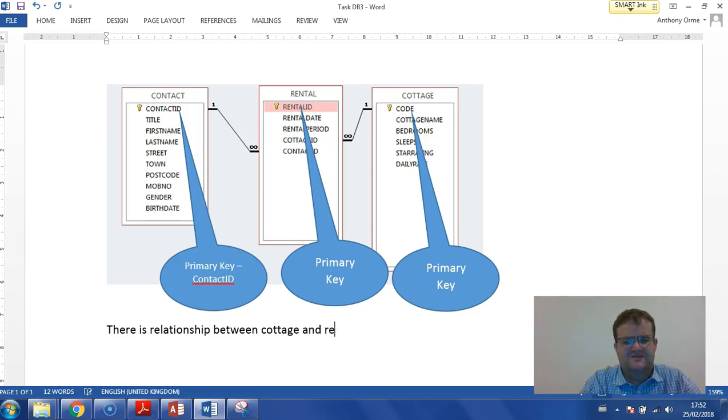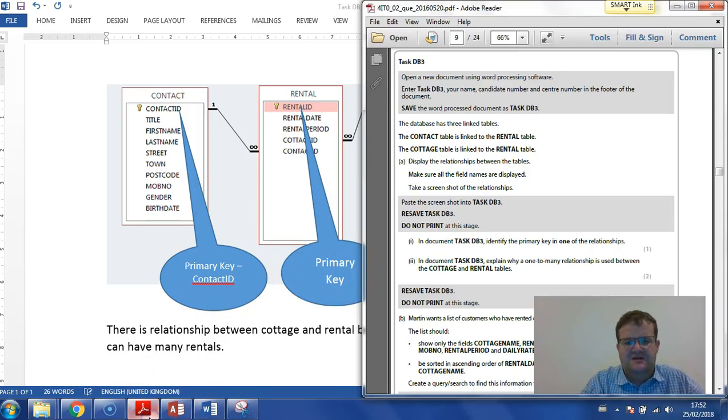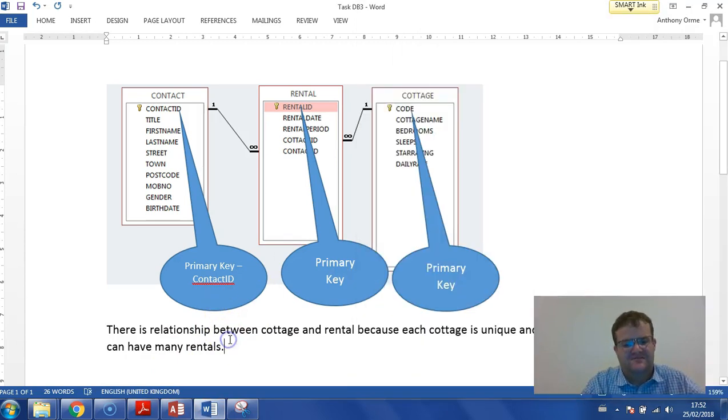Cottage and rental, because each cottage is unique and many rentals can, or many cottages can have, sorry, and each cottage can have many rentals. Okay? And then we go back and it tells us do not print, but we have to save, so let's